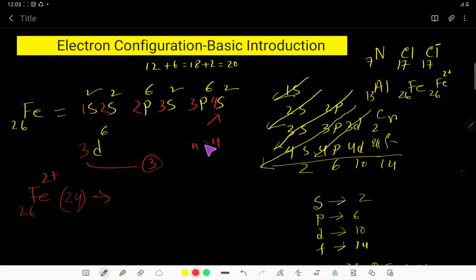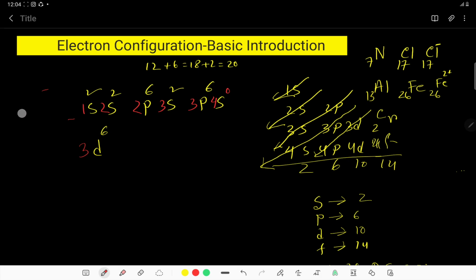So the outermost shell is 4s, right? So for 2 plus, the 2 electrons will come from the outermost shell, that is from here, right? So the electron configuration of iron 2 plus is this, right? Okay, now